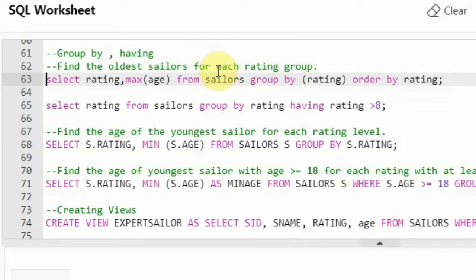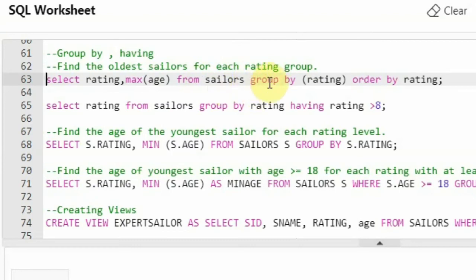Listen to me very carefully, all of you. This is very, very important. The evaluation of the query is very important. First the from clause. If there is more than one table, perform the cross product and then look for the where clause. In this query there is no where clause. If there is a where clause, then it is applied on the entire table. Listen to me carefully. It is applied on the entire table. So the where clause is not there.